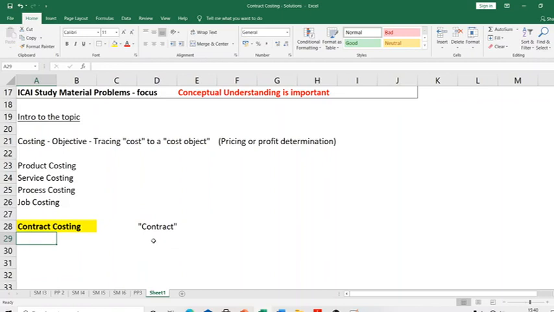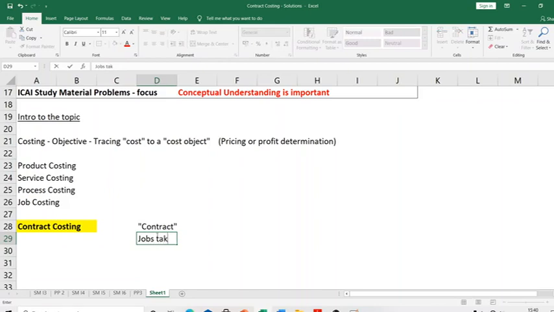See, we are at a high level. We are not going to learn something that's completely different, completely new to you, or something that you have never even thought about. If you look at service costing or job costing, we are still going to talk about jobs which are in the nature of service. But the only thing is, we are going to talk about such jobs here that take a very long time for completion.